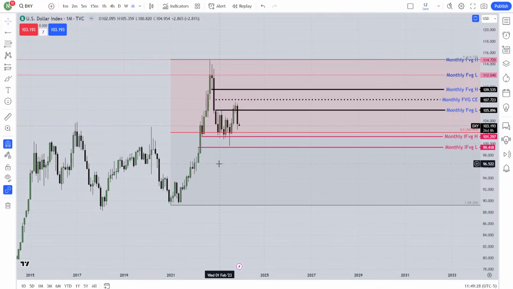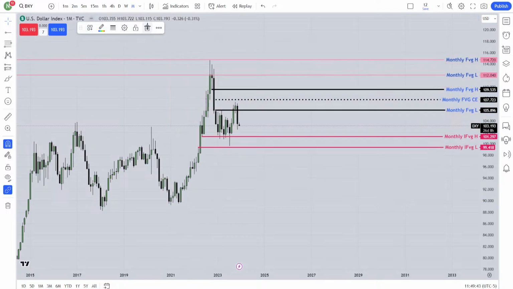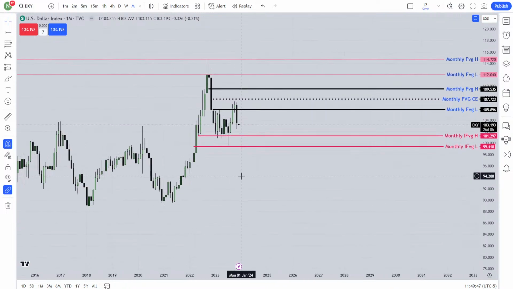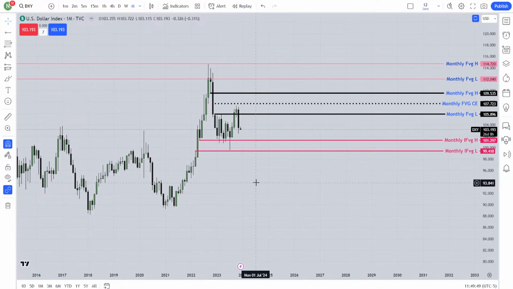There is some other level as well, but I would love to see the market come back again below the 50%. So I can see it came below the 50% and it has been rejected from that fair value gap. I don't need this one. Okay, I hope you will understand. This is the way you are reading from the monthly chart.